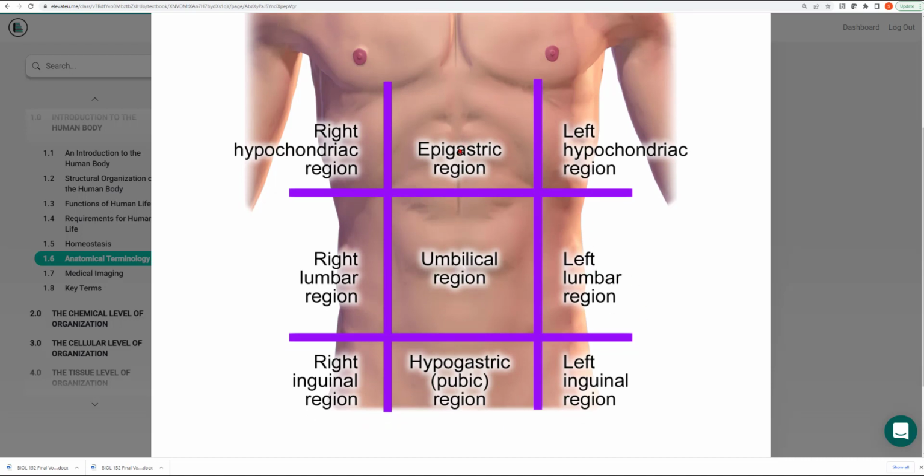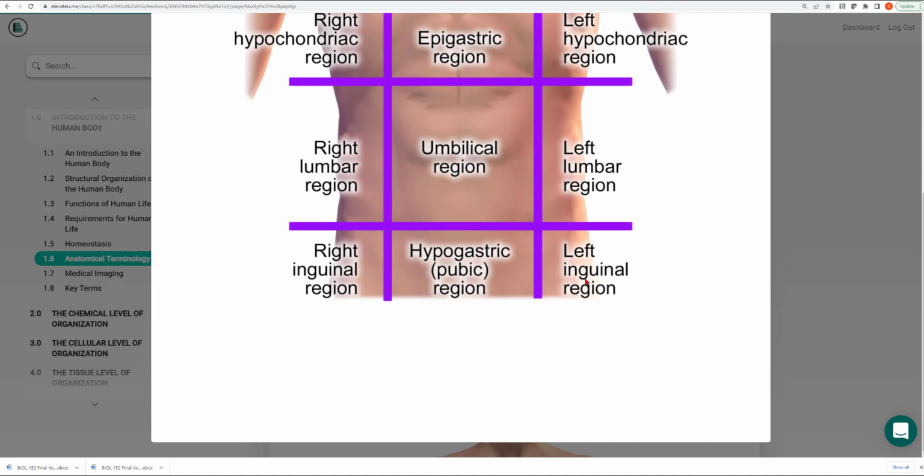If we go lateral to the epigastric region, you're in the left and right hypochondriac region. Left and right hypochondriac region. Hypo under, chondro ribs. So you're right up underneath the rib cage when you're in the left and right hypochondriac regions. And then if we go to the bottom, go inferiorly,